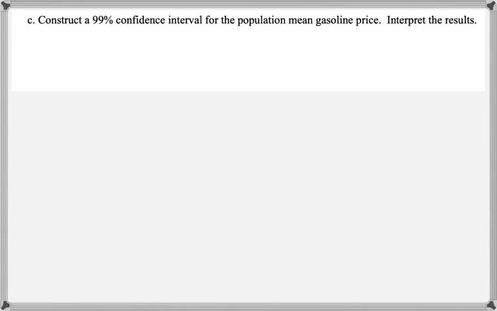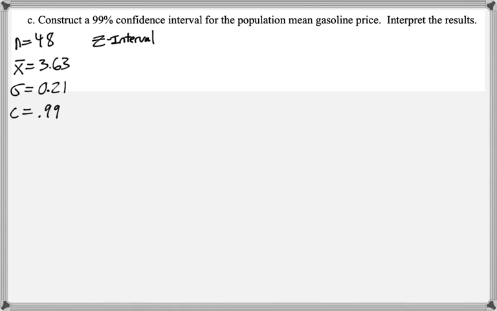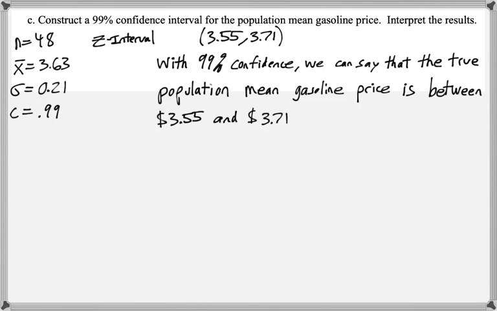C says, construct a 99% confidence interval for the population mean gasoline price, and then interpret the results. So again, all of our information is the same, except for c is now 0.99. So let's recalculate the z-interval, and it is now 3.55 to 3.71. So with 99% confidence, we can say that the true population mean gasoline price is between $3.55 and